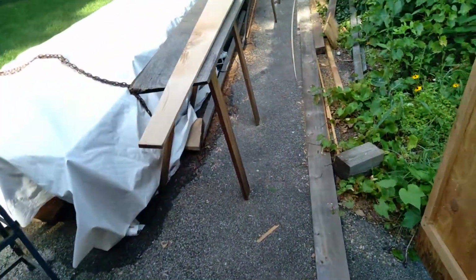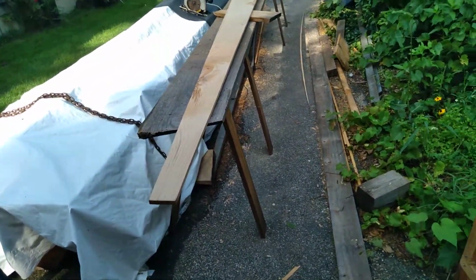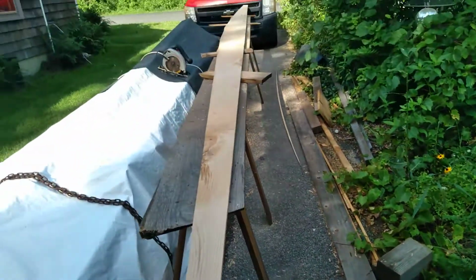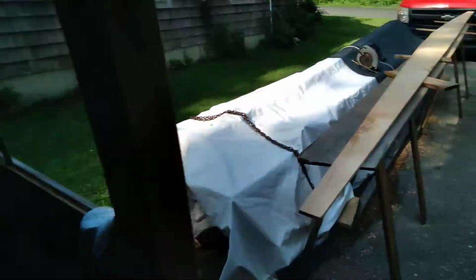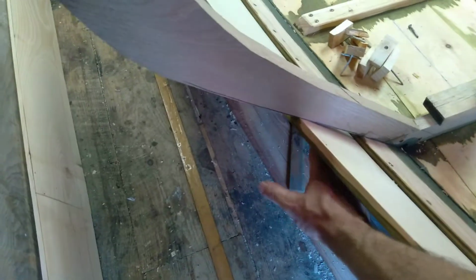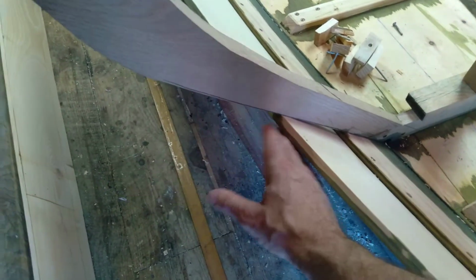Okay, so now what I've got out here is the number 2 strakes. So it's the third plank up on the boat. Number 2 strakes with a straight edge. Now these strakes, when they go on, they will also be overlapping a board, just like this board is. So since the number 2 strakes are overlapping a board, just like the number 1 strakes are overlapping a board,